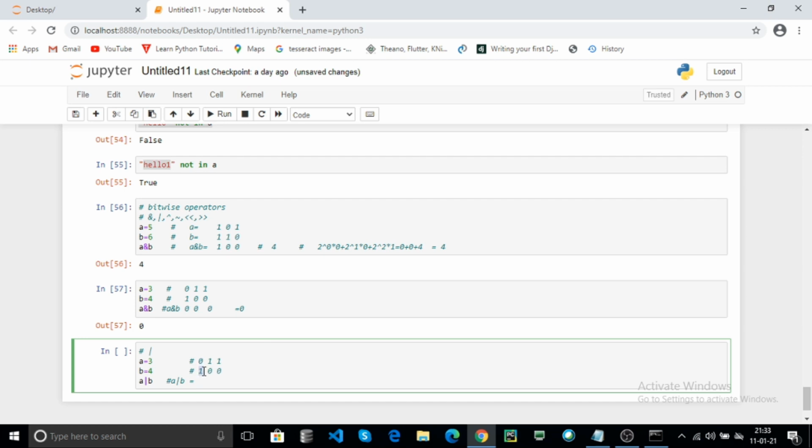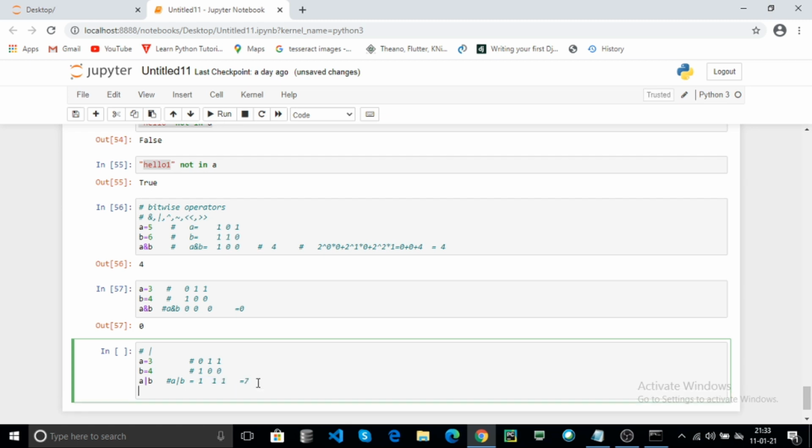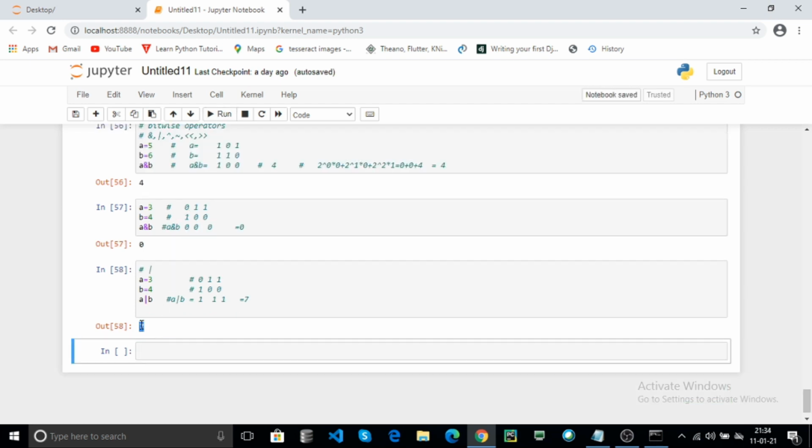If any one bit contains 1, it returns 1, otherwise it returns 0. Here 1 1 1 binary is equal to the decimal value 7. Click on run, it returns 7.